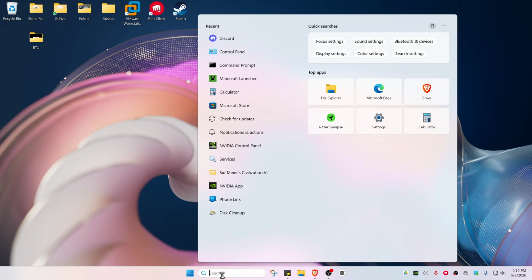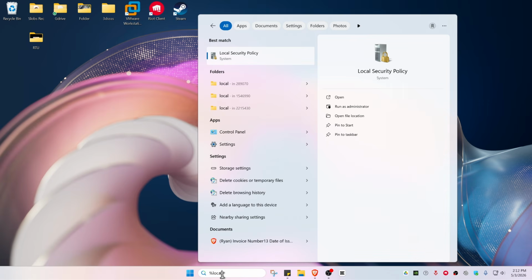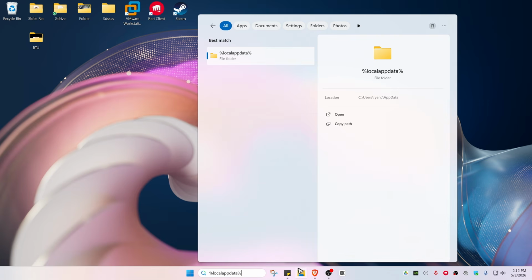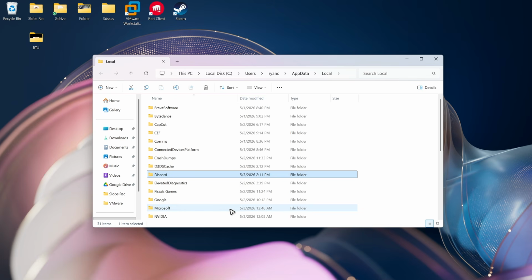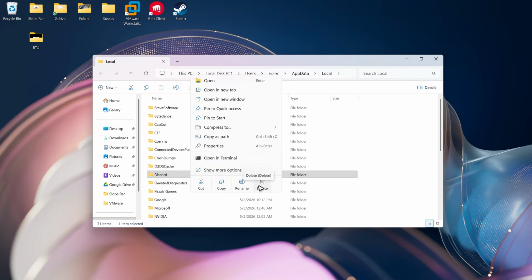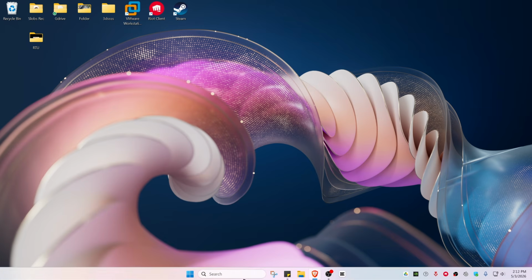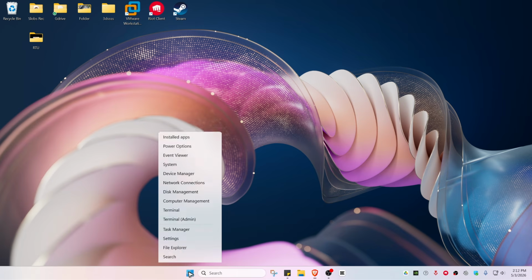Find your search bar and type down %localappdata%. Okay, again, %localappdata%. Click on it, and then find Discord. Click and delete it, or right click, delete. Okay, I'm not going to do it because I don't have the problem anymore. Just basically delete it. After once that's done, go ahead and find your start menu, right click on it and